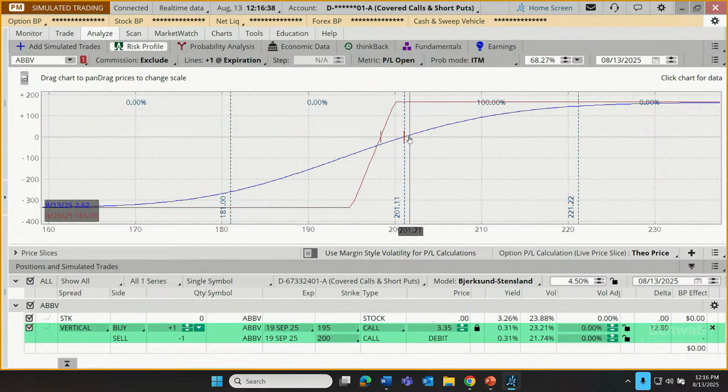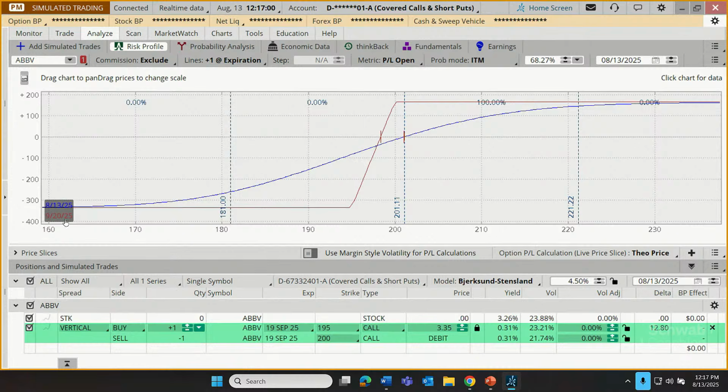What if price fell today? What if it fell all the way down below 195? Isn't that our maximum loss territory? No, that's maximum loss at expiration. Before expiration, there's still time for recovery. So we haven't hit maximum loss yet, but let's say we're down at 194-ish. We might be looking at a loss of 103.63.